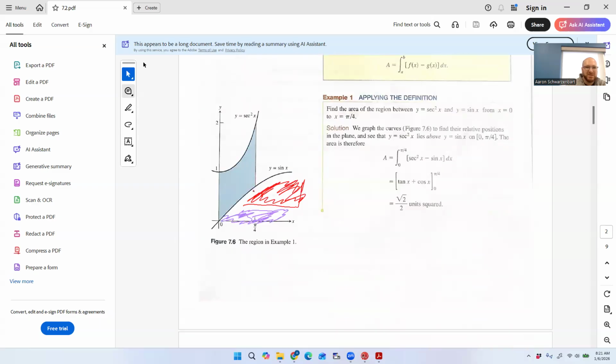No, this is an easier example. If I want to find the area between these two curves, bounded by 0 and pi over 4, the area under this first curve is all of this in red, right? The area under the second curve is this part here. The area between them is the first one minus the second one. Or the integral of